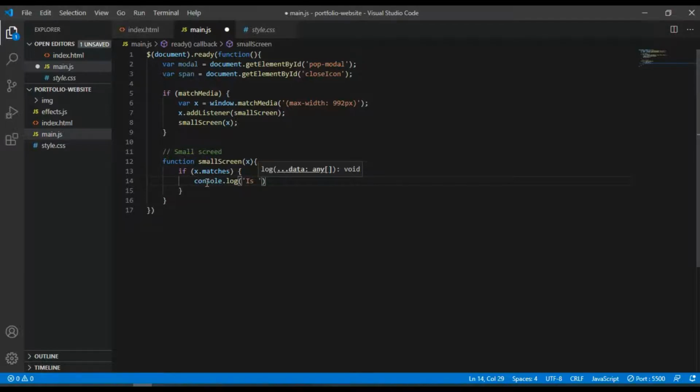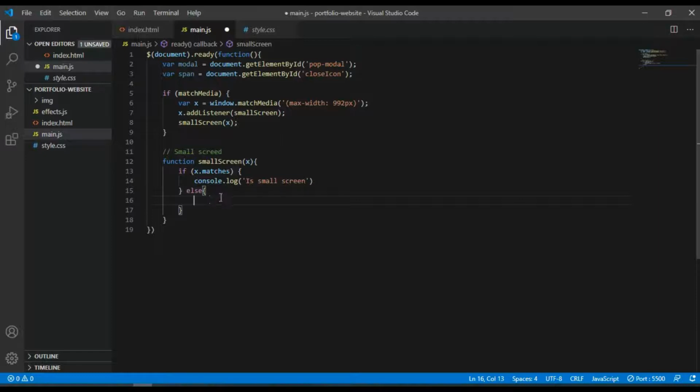So this is it. If it matches our major query, else means that this is a big screen or a window.